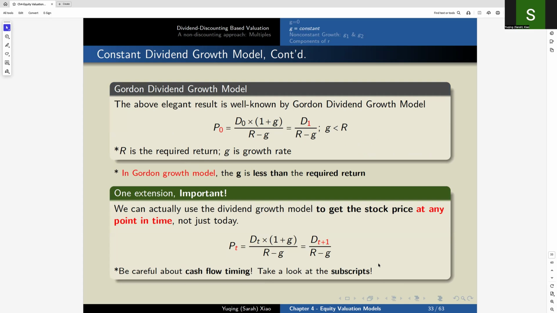So let me formally introduce the Gordon dividend growth model. It is one of the most famous results in finance because it links price directly to three simple inputs: next year's dividend, the required return, and the growth rate. A really nice feature is that you can use it not just for today's price, but also for the price at any point in the future. You simply adjust the dividend for however many years of growth